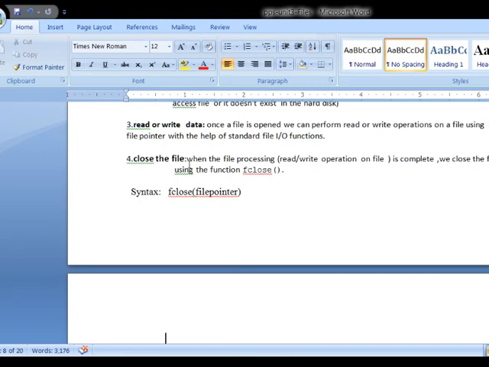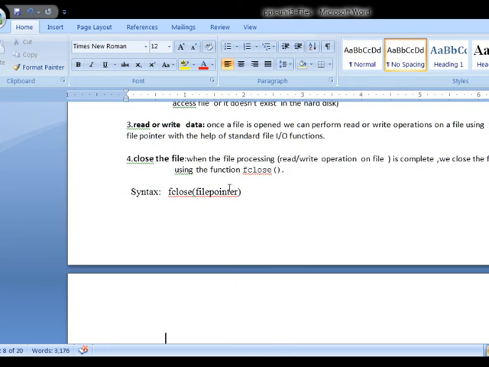When the file processing is over, whether you wrote information, read information, or appended information to the existing file, after performing the file operation it is mandatory to close the file using the fclose function. The syntax is fclose, and within the parentheses you write the file pointer.